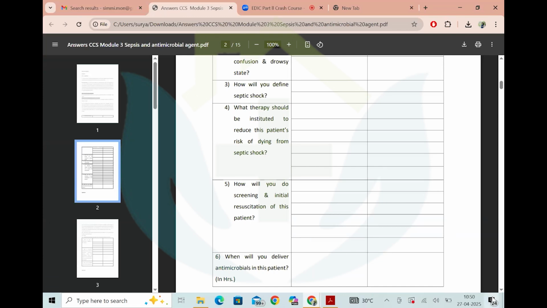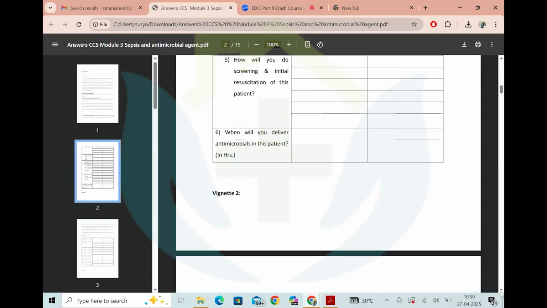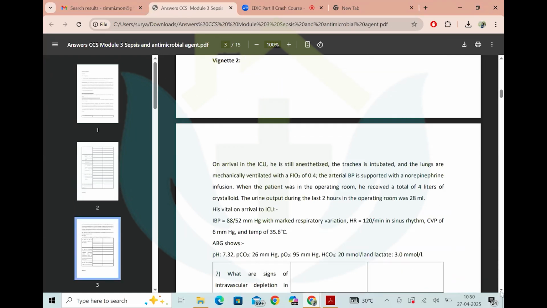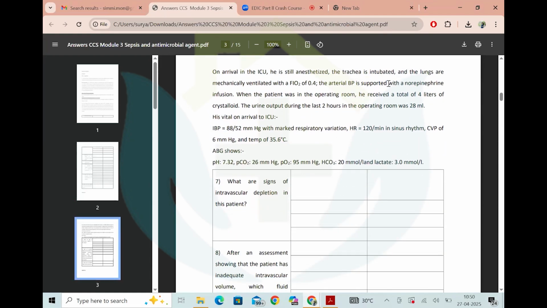When will you deliver antimicrobials in this patient? Preferably within the first hour, according to the survival guidelines. Okay. On the arrival to ICU, this patient is still anesthetized, trachea is intubated, lungs are mechanically ventilated, BP